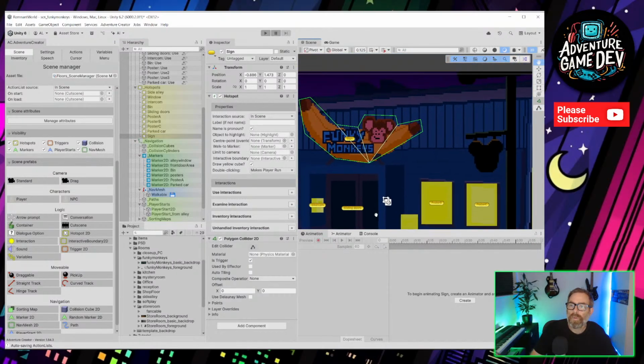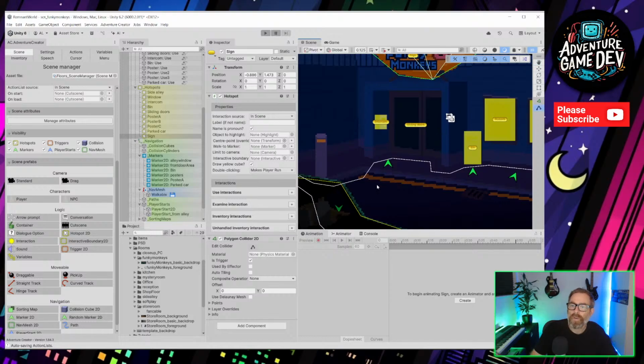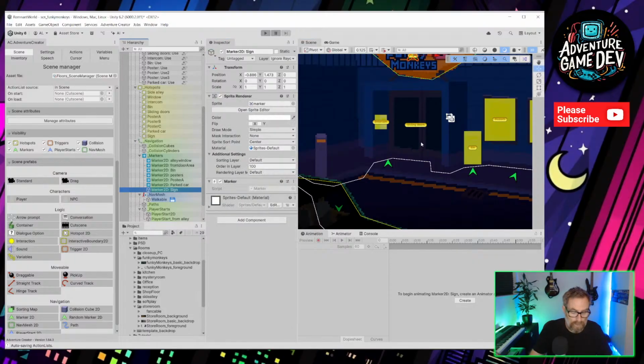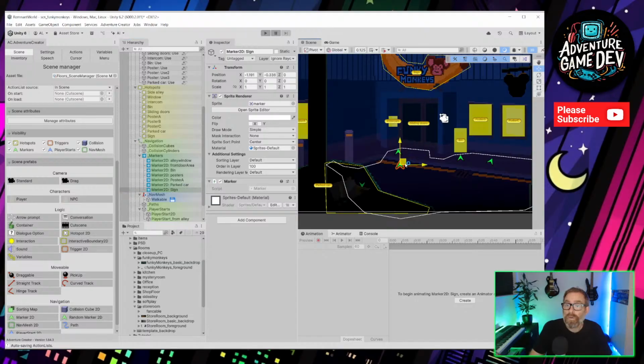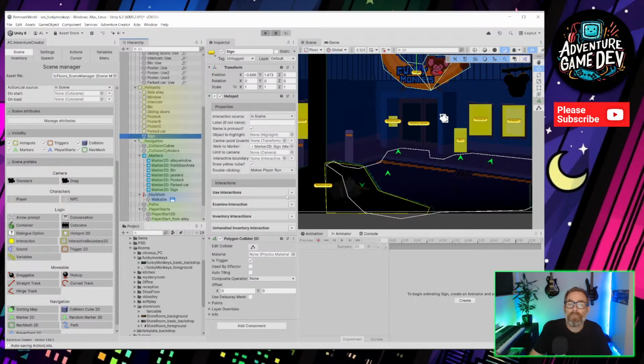So we probably want the walk to marker a little bit further back than that one. That looks a bit too close, so let's create a walk to marker. Let's drag that down to here, so he stood back looking at it. I always set this to does nothing.